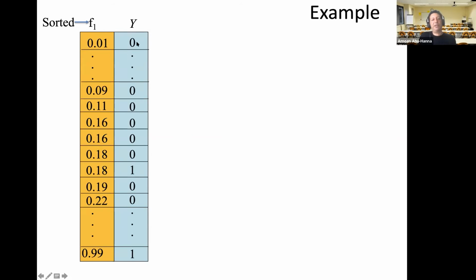So this patient lived, this patient died, and so forth. To think about calibration, I now need a notion of a group anyway. One way is to keep it simple, and I can do it for different groups, but just one of the groups I can take is, okay, for everybody that you suspected of having a prediction between 10% to 20%, I'm going to organize them in a group,